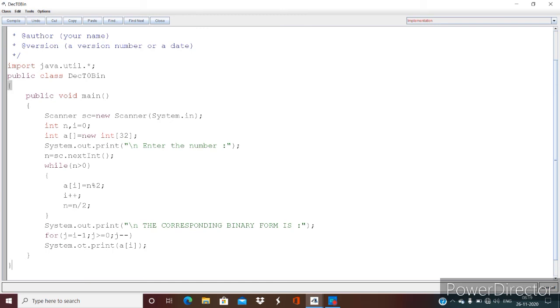So let us compile and see if there are any syntax errors. It says cannot find symbol, or j has not been declared. So what I need to do is I have to declare j. Compile.